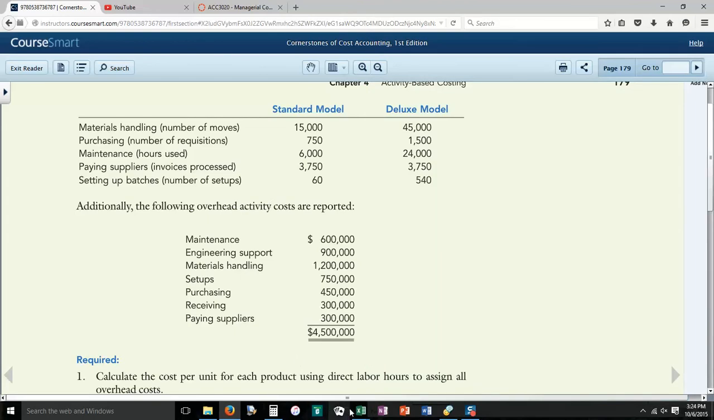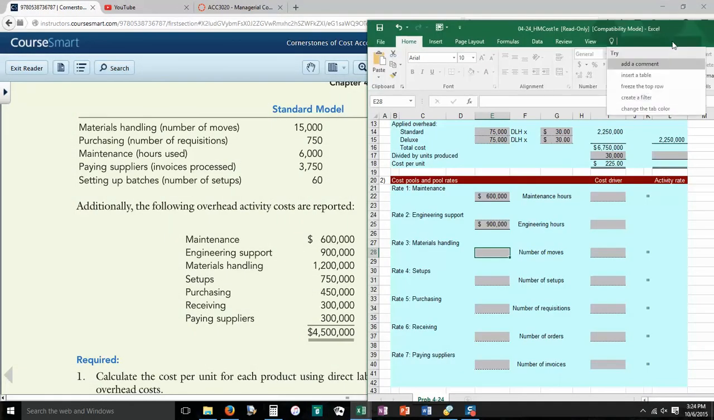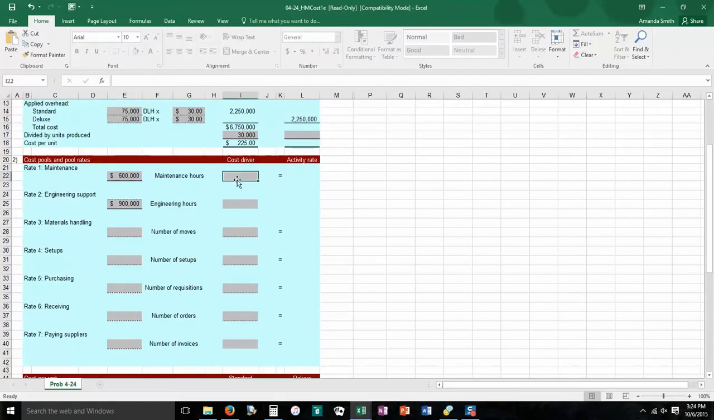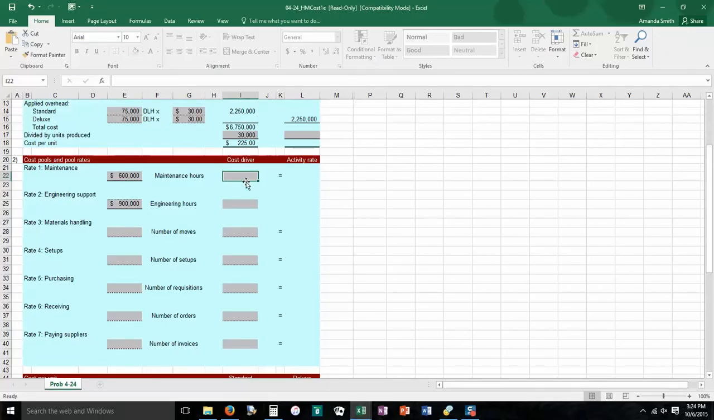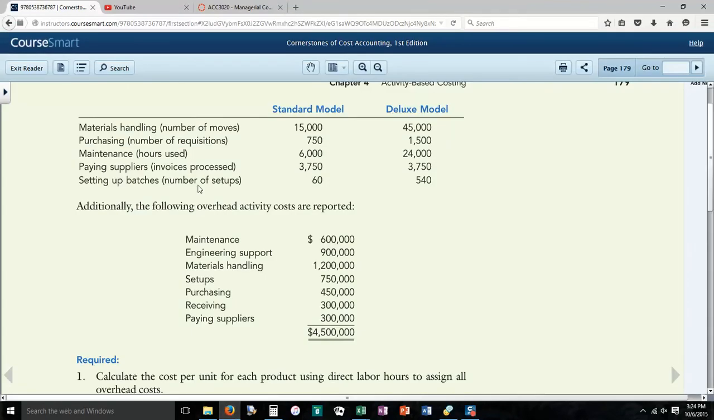Now to get the amount that goes over here for the cost driver, we're going to take the maintenance hours used, 6,000 plus 24,000 gives us 30,000. And there you go. There's that part of the formula. So again, you're just going to do the same thing all the way down. So for engineering hours, it would be